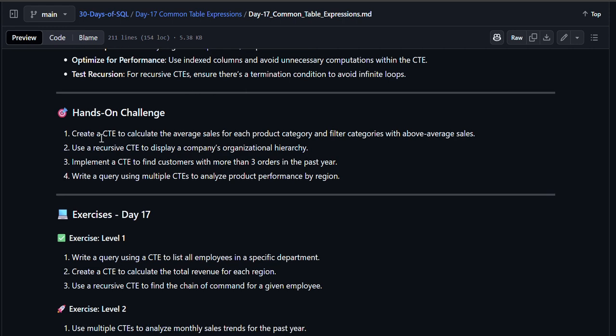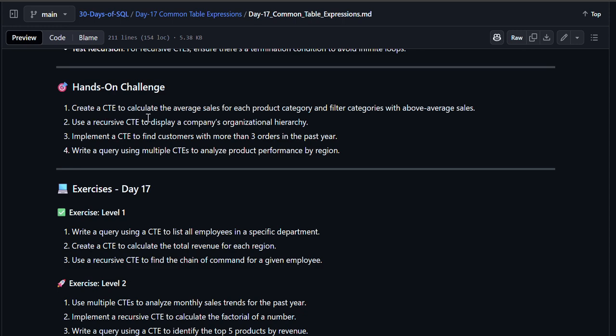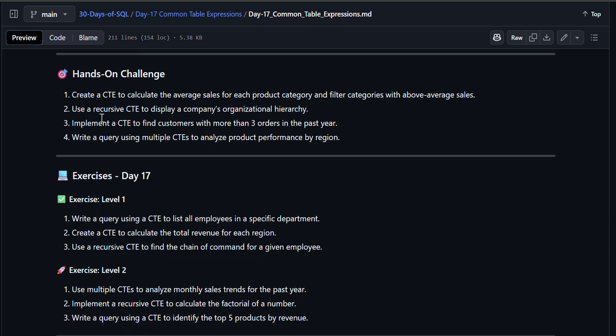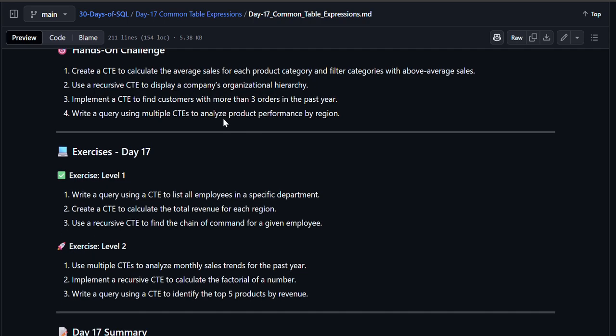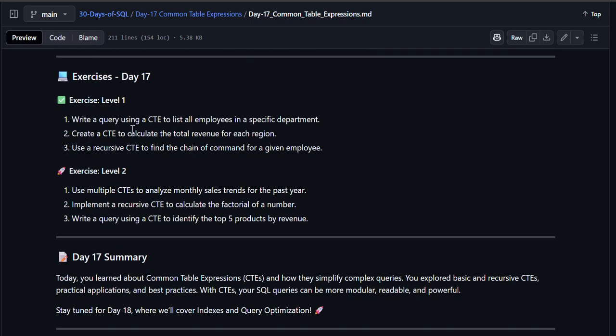There's a hands-on challenge. Create a CTE to calculate the average sales for each product category and filter categories with above-average sales. Use a recursive CTE to display a company's organizational hierarchy. Implement a CTE to find customers with more than 3 orders. Basically, write a query using a CTE to list all employees, and create a CTE to calculate